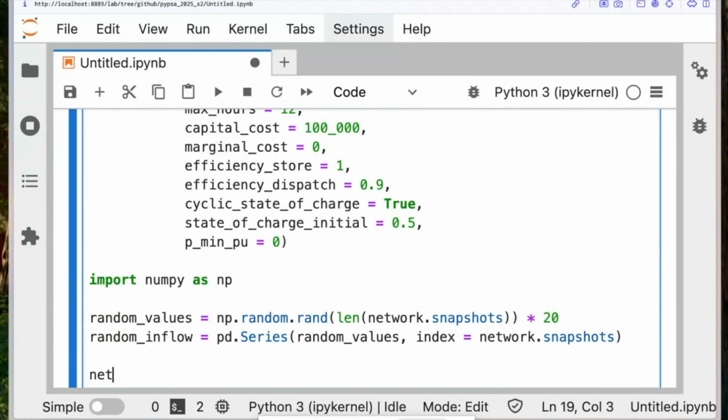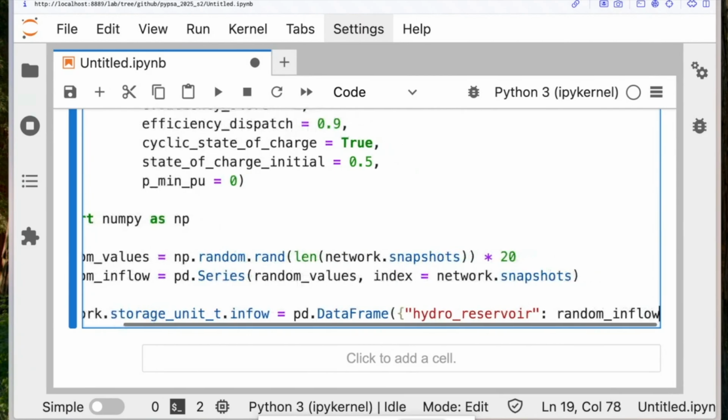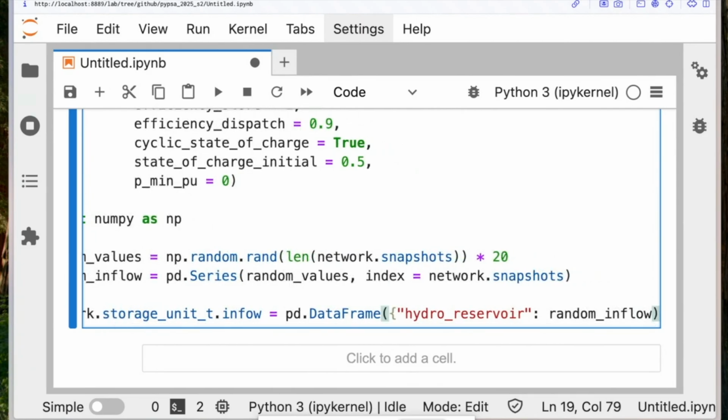Much more important is this network storage_units_t. This is very important because we are adding a temporal data set, right? So we need to add the underscore t. Inflow is a pd.DataFrame, where hydro reservoir and inflow. So I made another